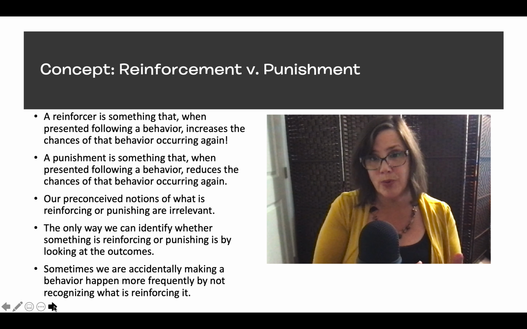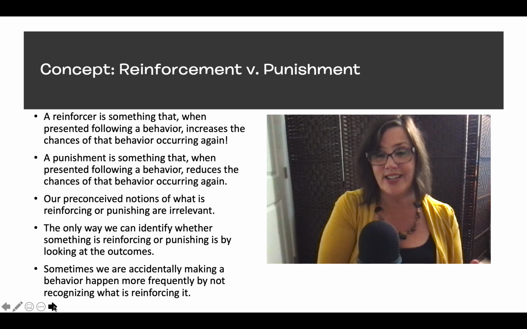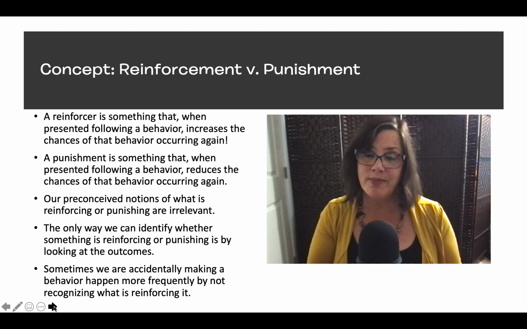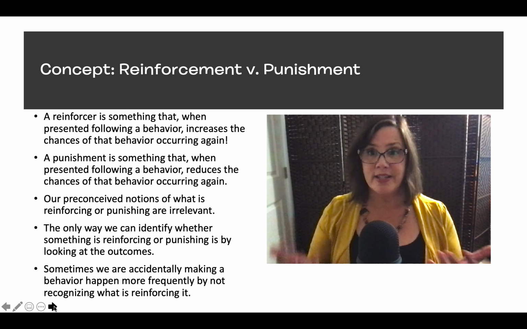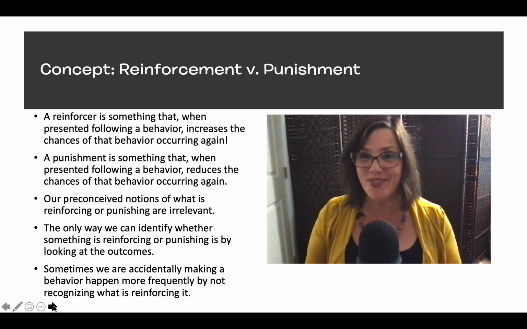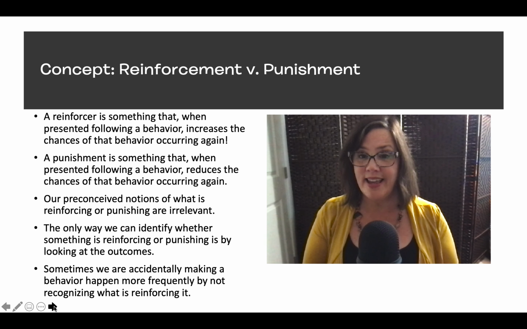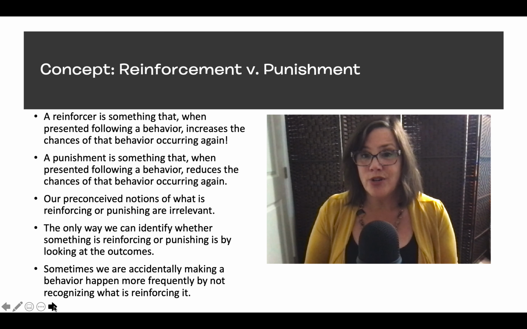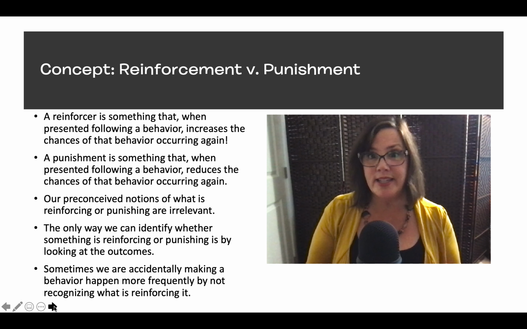So in essence, removal from recess in that situation is a reinforcer because it's increasing the likelihood that the student is going to engage in that misbehavior again. Let's think of the other example where we said the class party surely is a reward, right? But for that same student who has social anxiety and who likes predictability and who doesn't like to be in unstructured situations, maybe that classroom party is not really enticing to them. It's not going to be rewarding.